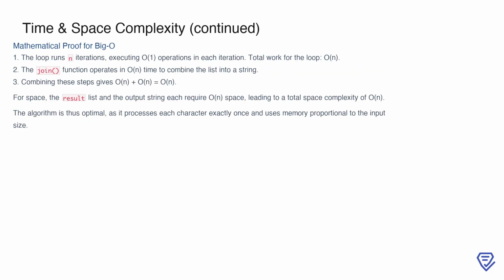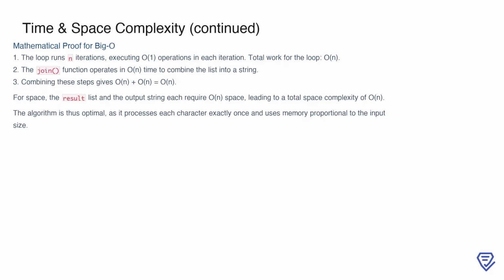Finally, let's confirm the big O complexity mathematically. The for loop runs exactly n iterations, and within each iteration, a constant amount of work is performed, making the total work for the loop O(n). After the loop, the join function is used to concatenate the list into a single string, which also operates in O(n) time. Combining these two steps results in O(n) plus O(n), which simplifies to O(n) for